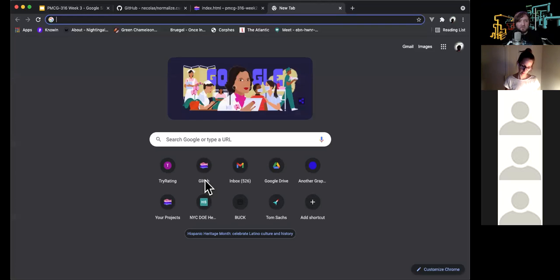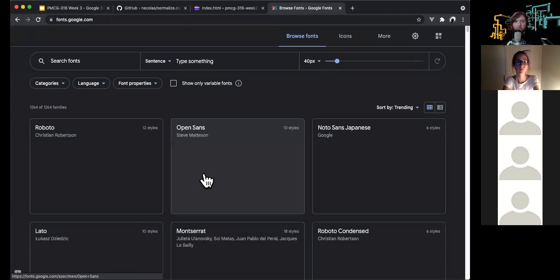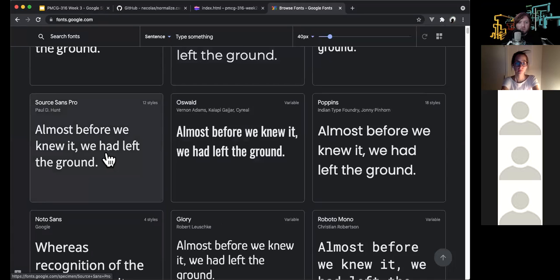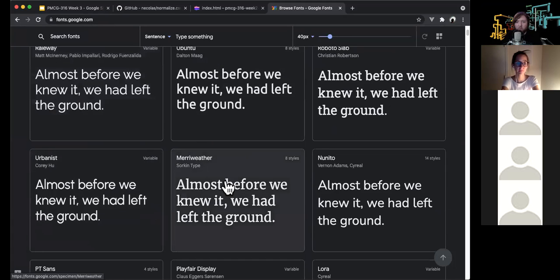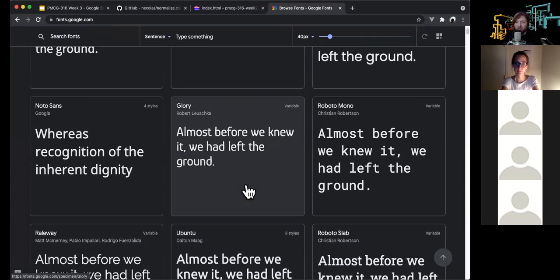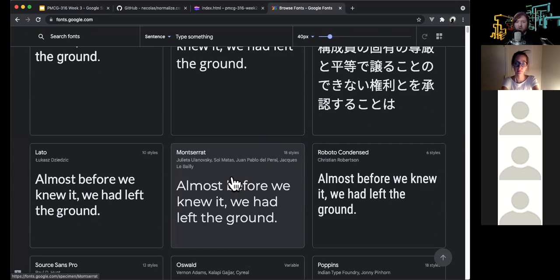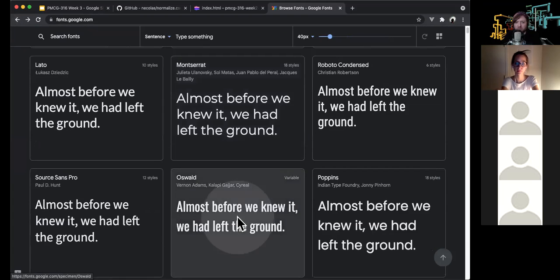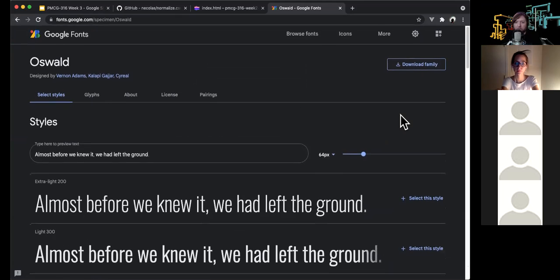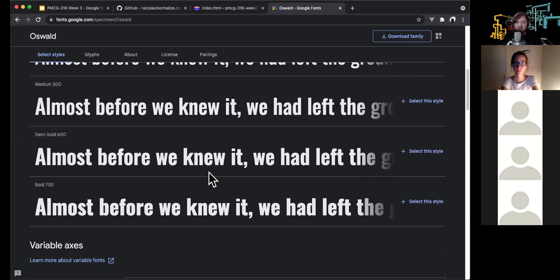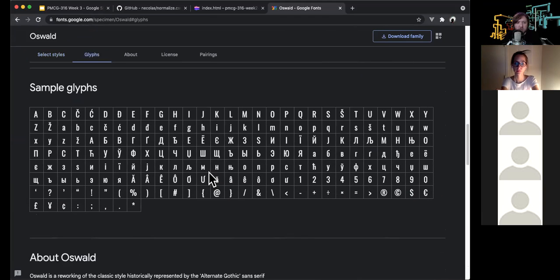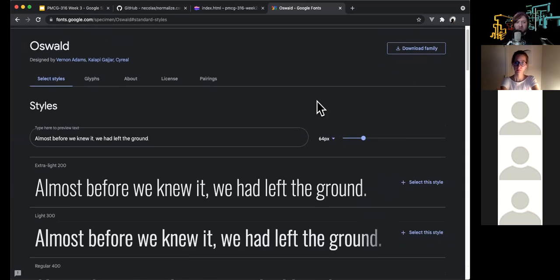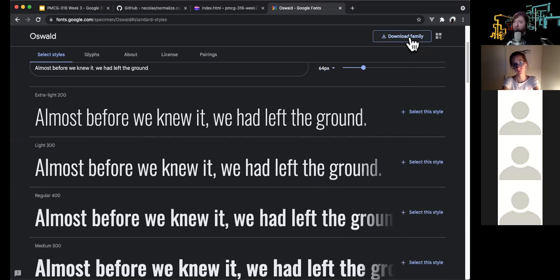Let's take a look at Google Fonts. So we've got a bunch of fonts here. Or actually, I like this one. So we can try it in a few options. We can either download the font completely, download the whole font family,